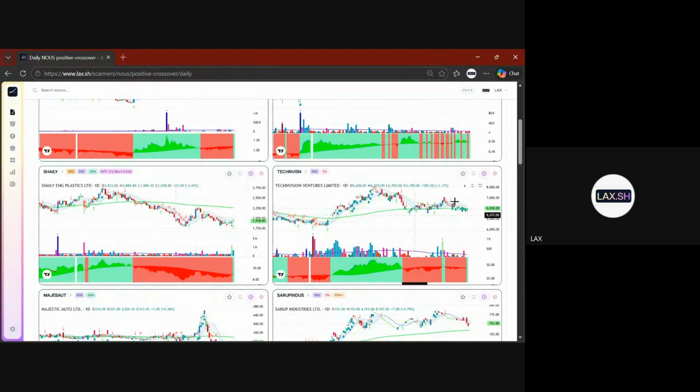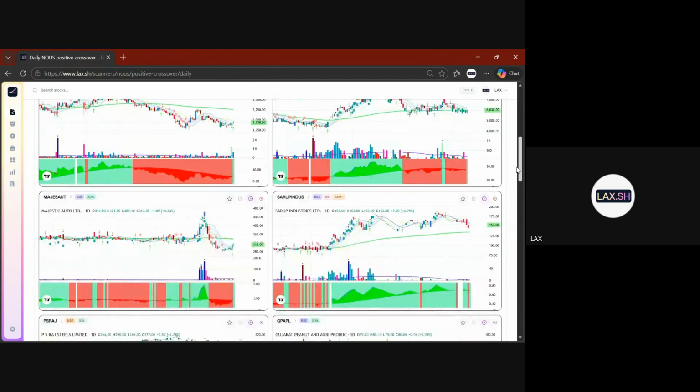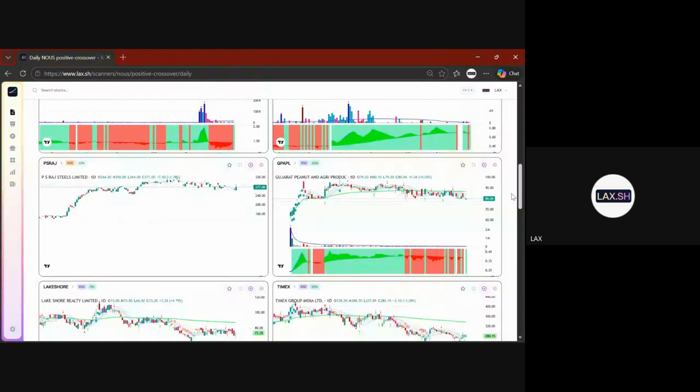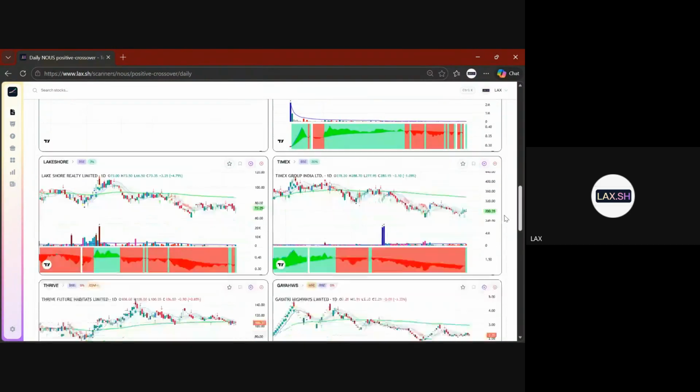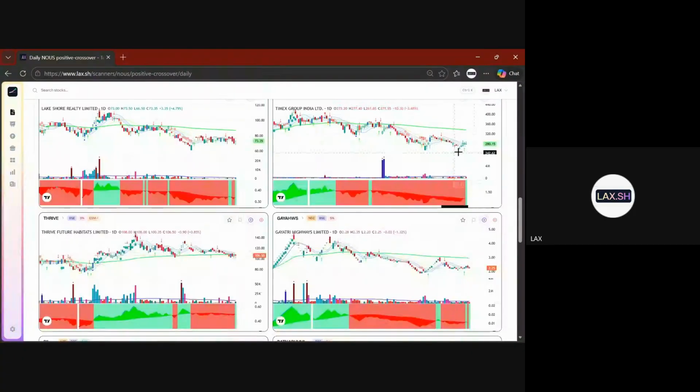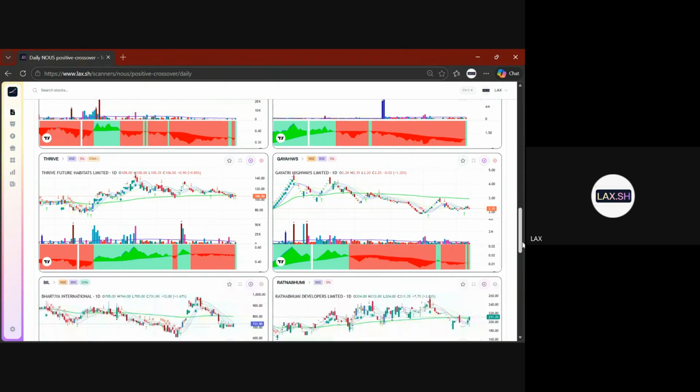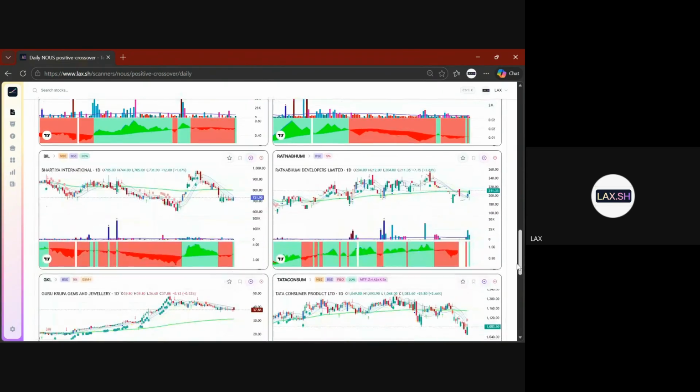Okay. So I told you this one, I told you this one, right? But you still have to do your own research and find the entry and exit and how much to allocate. China's group, they have been delivering good numbers, but right now, below GL, it is not really that great. Get it?